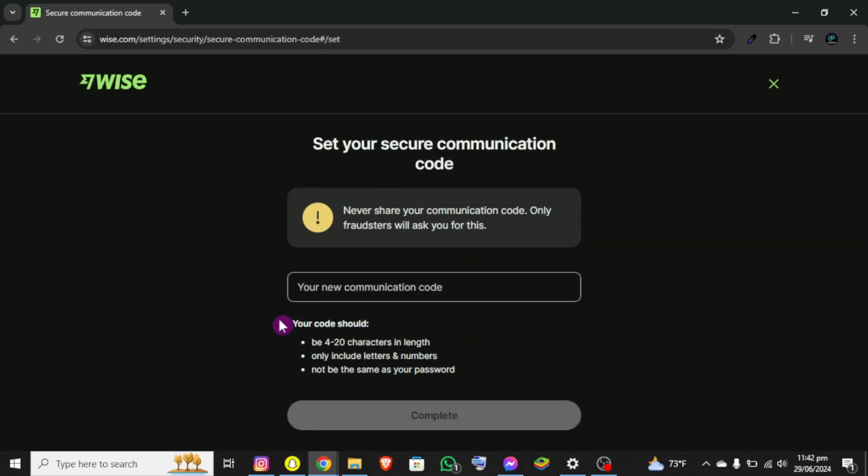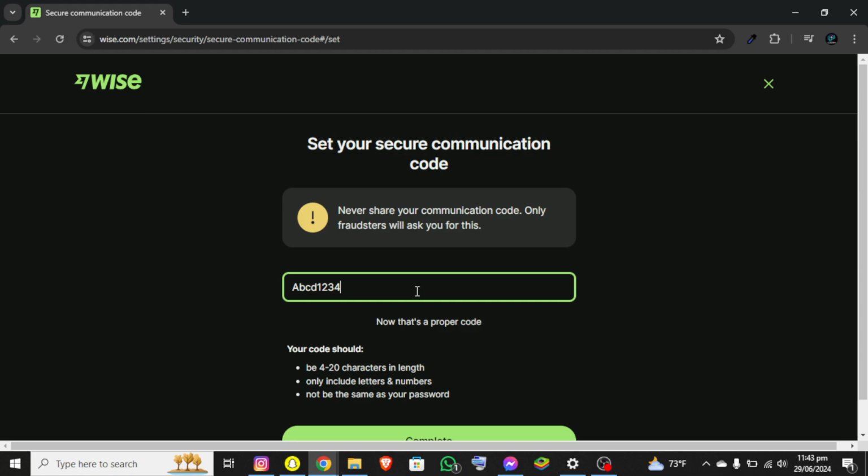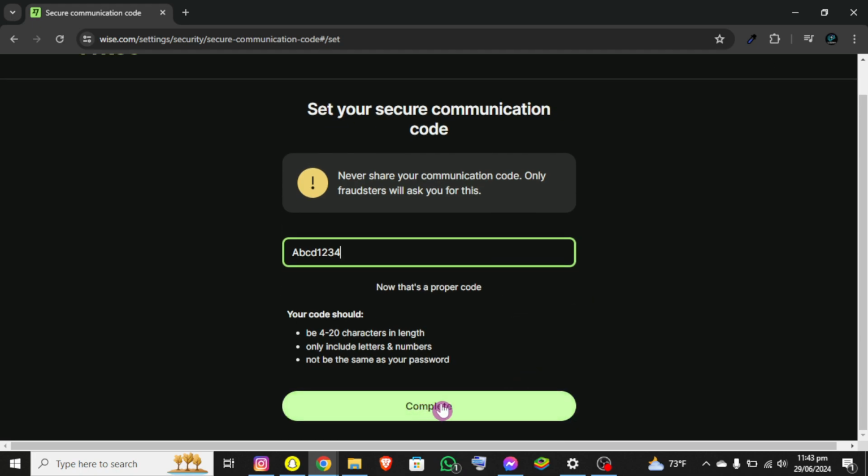So in here now you can see your code should be 4 to 20 characters in length, only include letters and numbers, and not be the same as your password. So let me create one. Let's say, now once you complete your code, simply click on complete,